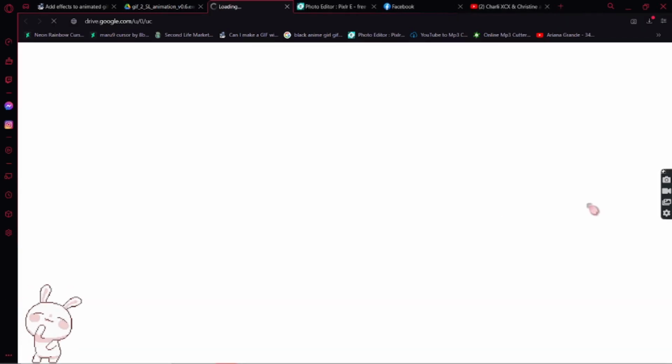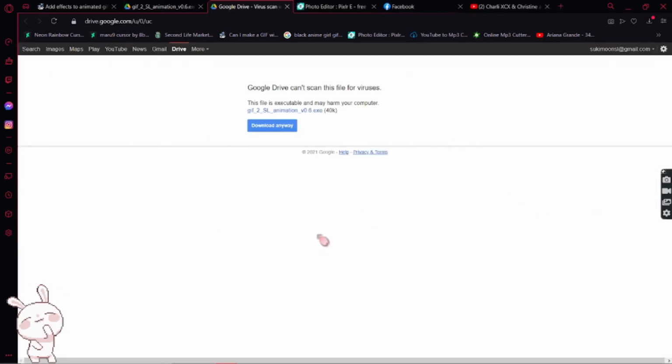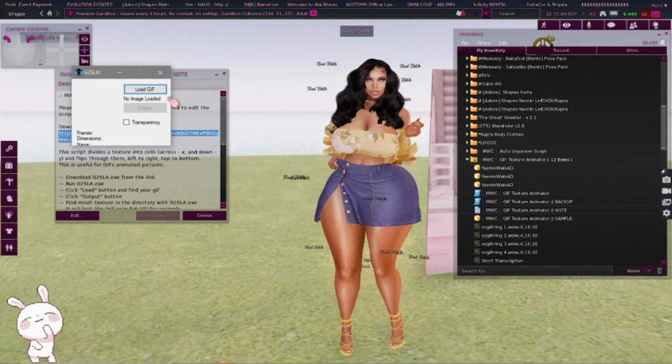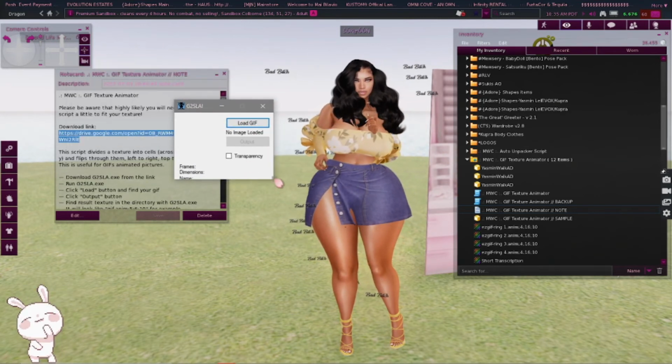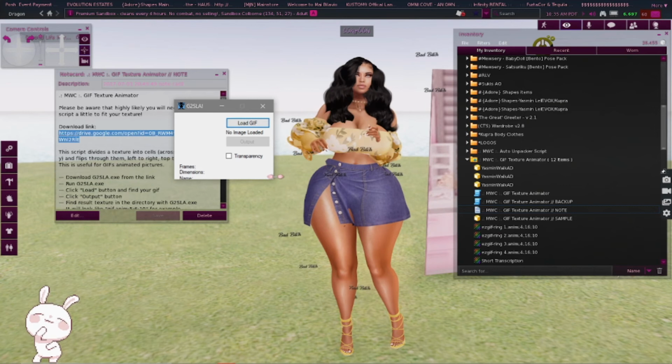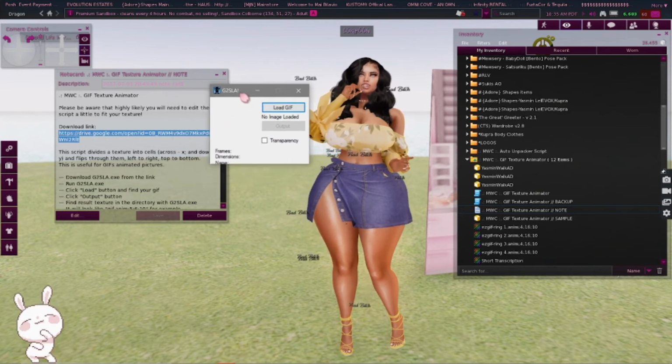Hit the download button. Now I already downloaded it, but I'm just showing you what you gotta do. You're gonna hit download anyway, and depending on what browser you use, if it goes up top or down at the bottom, just go ahead and open it up. So when you open it up, you're gonna get this tiny little box right here, okay? You can't make it any bigger. I tried. It's really this small.